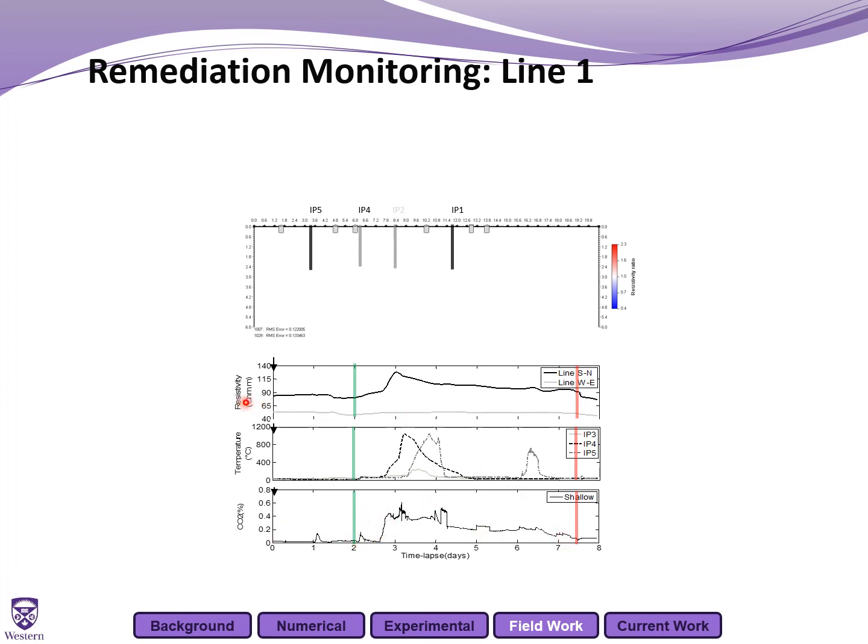And then we have electrical resistivity here from the ERT lines as well. So looking up here at the time-lapse ratio image, we have red, which is a positive change, white will be a 0 change, and blue will be a negative change. So looking here at where the resistivity is, if you look here, the resistivity hasn't really changed yet after the initial start of the remediation. But then we have a reduction here, and that corresponds to the little increase in water temperature we have here. So that's that first decrease in resistivity.